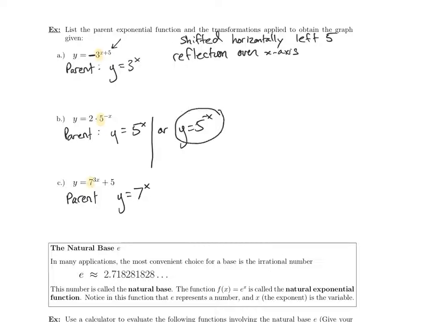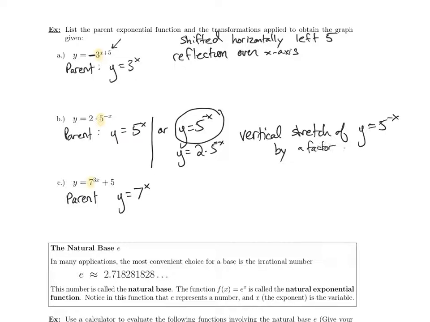If we picture it like this, then the only thing I've done to that when I go back to what I started with is multiply by 2. So that would be a vertical stretch of y equals 5 to the negative x, which is an exponential decay function, remember,